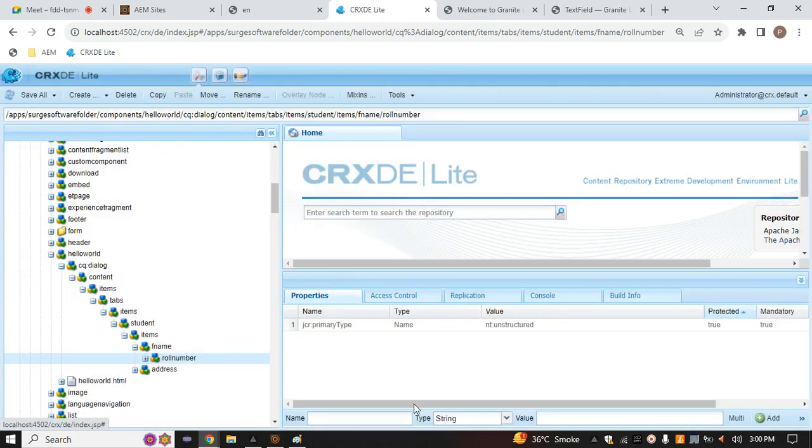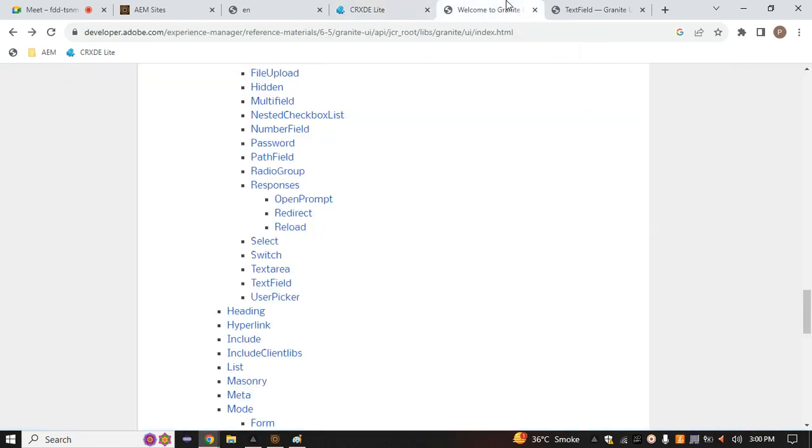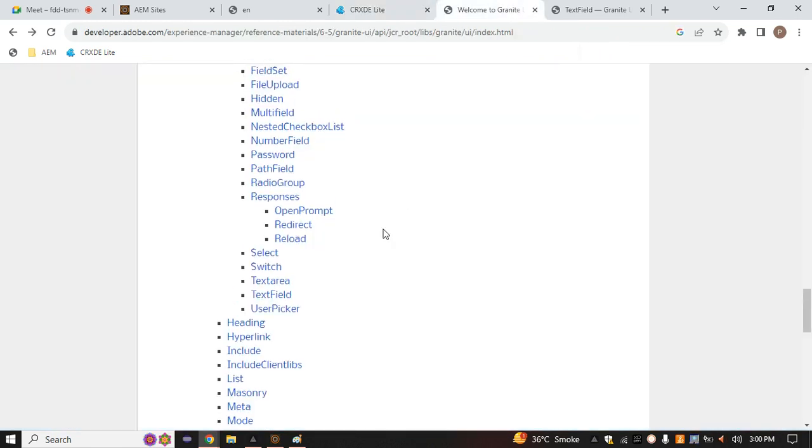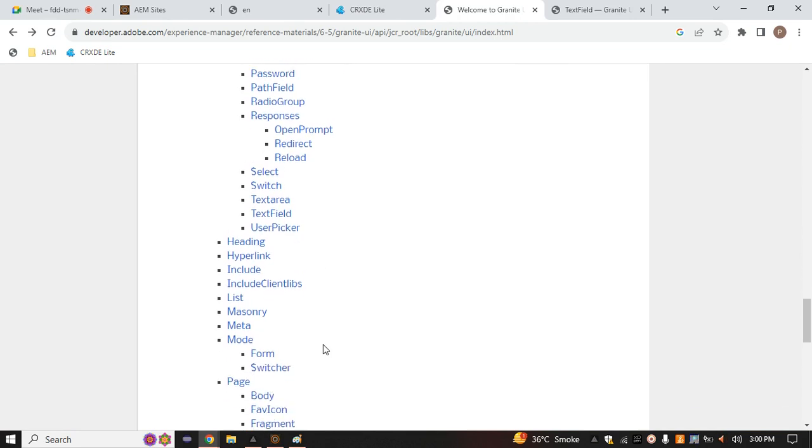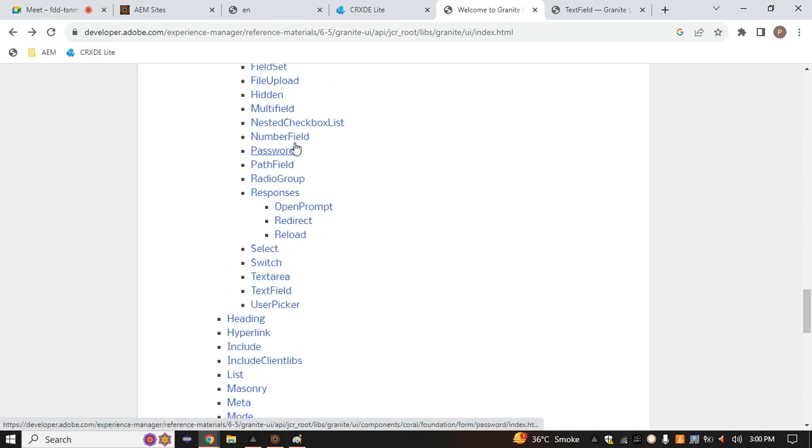Roll number we have created, and we have to define sling:resourceType. For the text field, for the first name, we got a text field. But for the number we need a number field. So here we have a number field. You can just simply go inside this, and after that